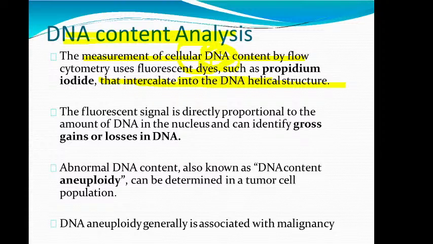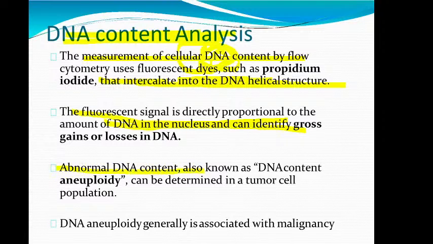When you add this fluorochrome and run the cells in the cell sorter, you will be able to know the amount of DNA in a cell. The fluorescent signal is directly proportional to the amount of DNA in the nucleus and can